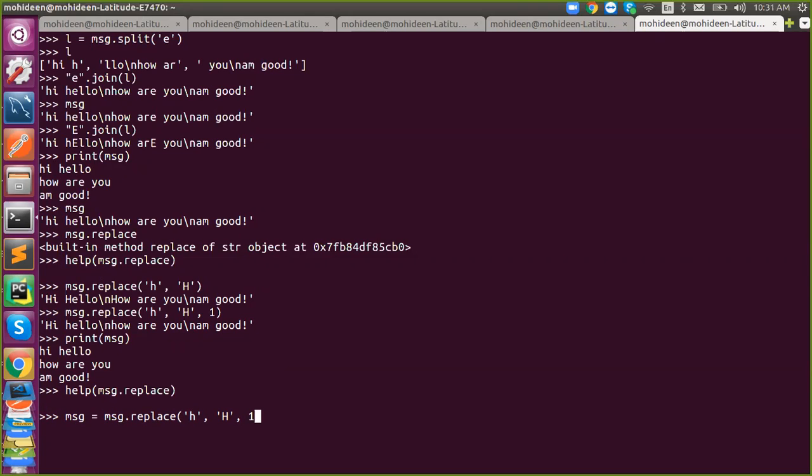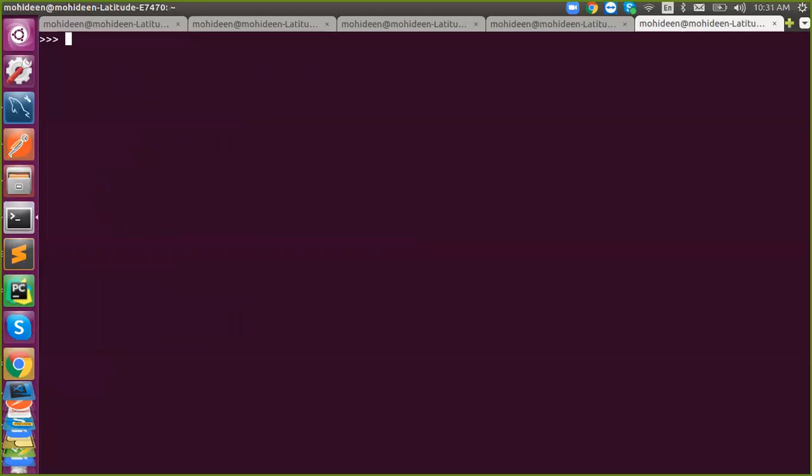So if I want to concatenate all three different lines into one line without having a slash n, what to do? Use the escape character. So message dot replace, slash n, and just say slash space. That's it.